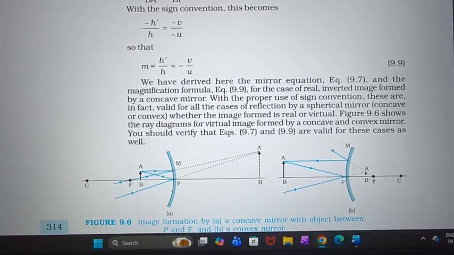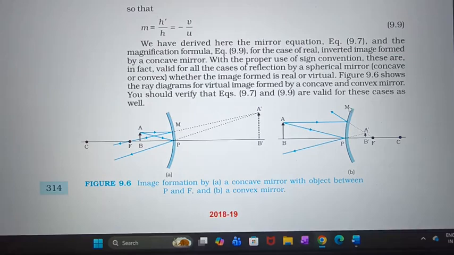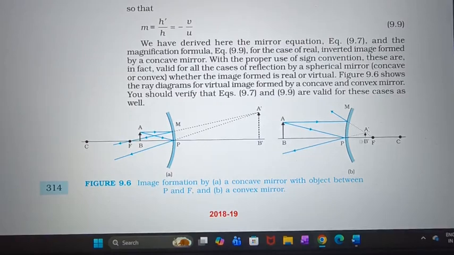And this case I've already discussed. Over here, in case of a convex mirror, only two cases are there. One, the object is at infinity, which we have already seen previously. A parallel beam of light will be coming, as if diverging from the focus. The reflected rays will be here. The image will form highly diminished, virtual and direct. But if it is not at infinity, anywhere, suppose here, anywhere between P and F only,